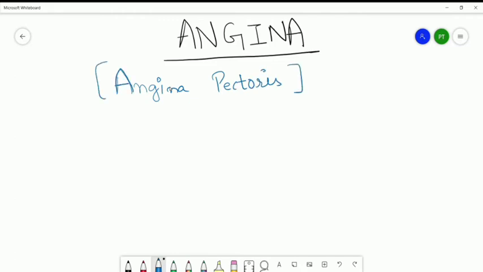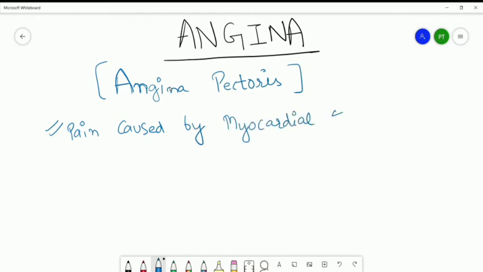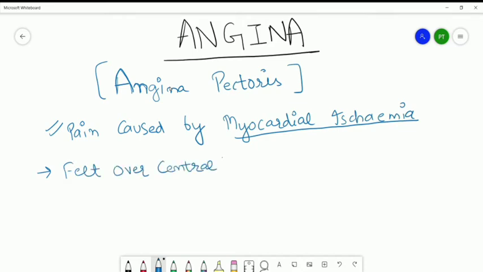So let's start with angina. Angina's pain is caused by myocardial ischemia, the stoppage of blood to the heart. There is ischemia in the circulation, so circulation is interrupted to the heart,